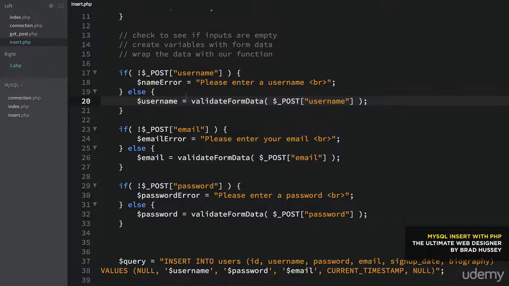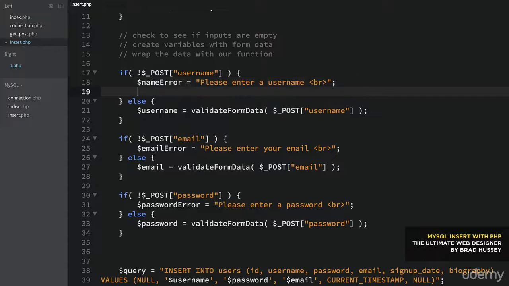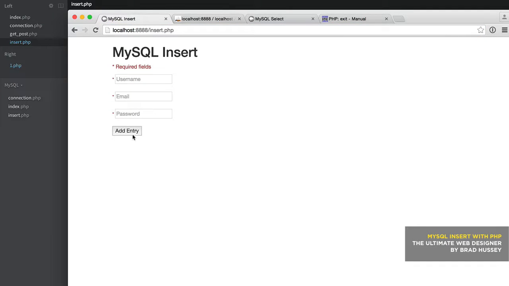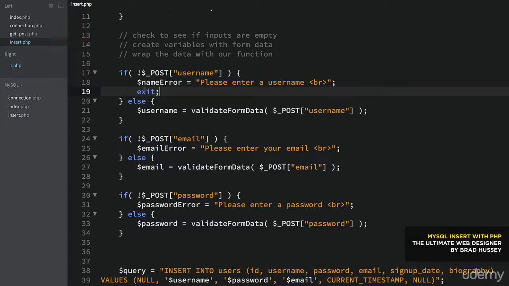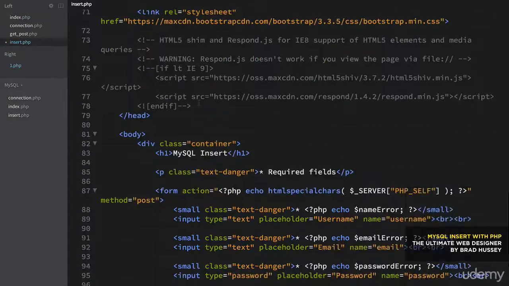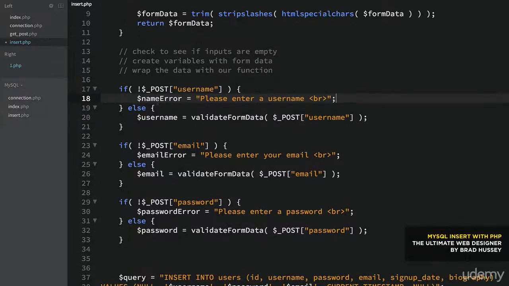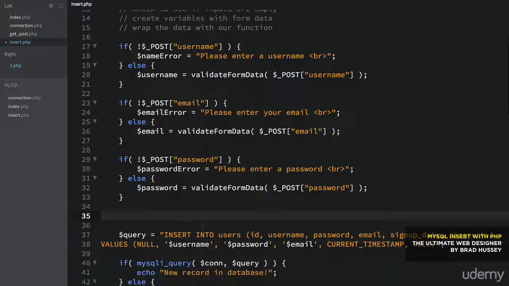But the problem is, if we were just to say, if there was a problem, we just said exit the script on any of these, then what would happen? Let's just go and add an empty entry. Well, we get an empty page because it's exiting the script and therefore exiting the rest of what follows, which is the HTML. So you could put your PHP within your HTML, or we could do something a little bit more sophisticated and